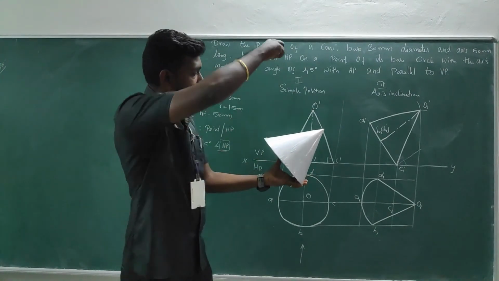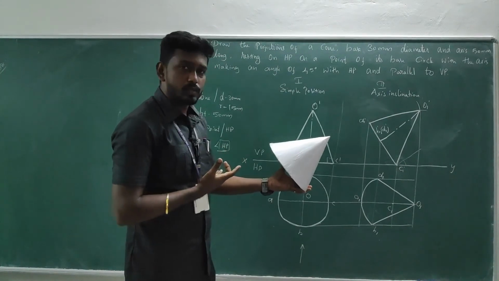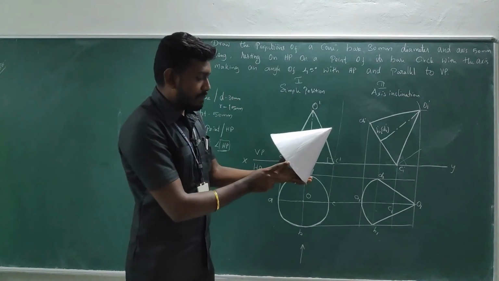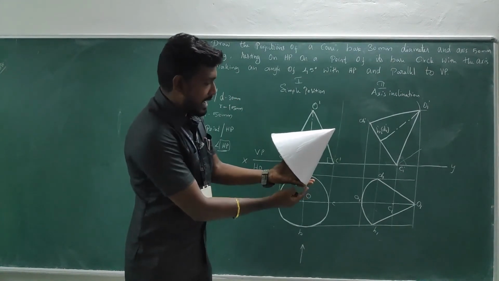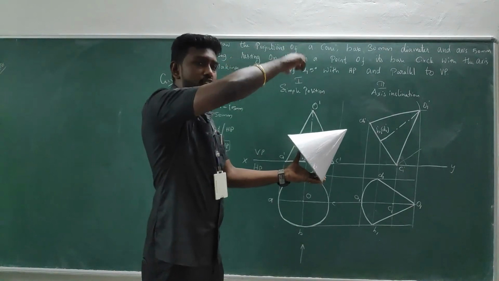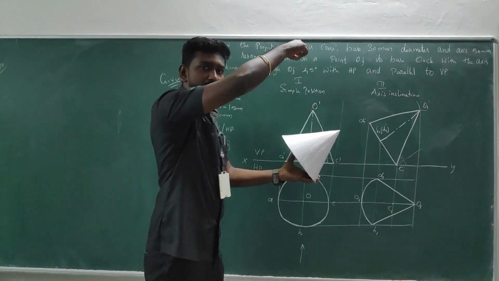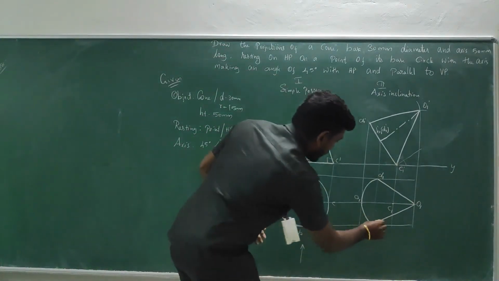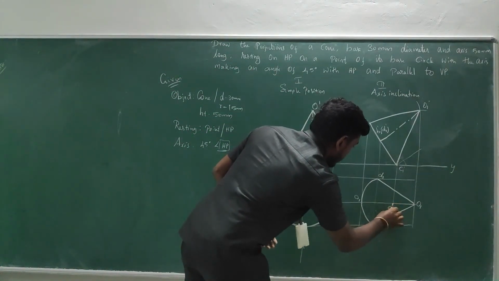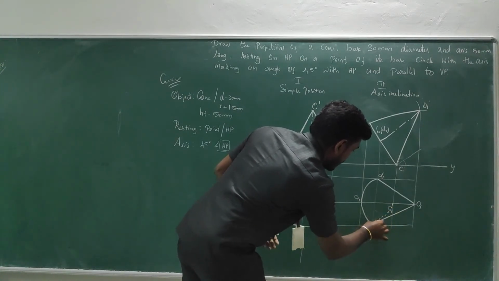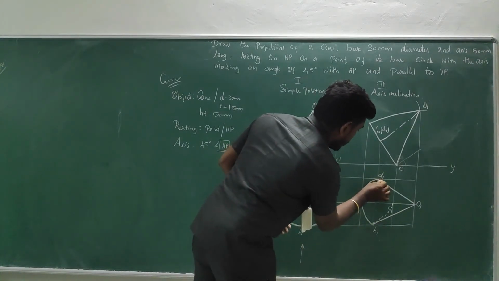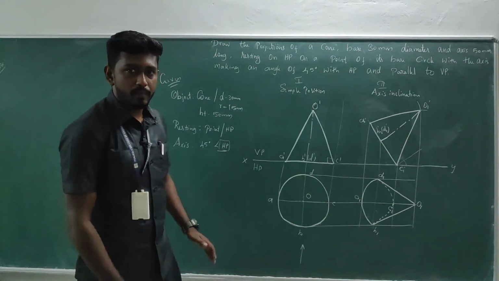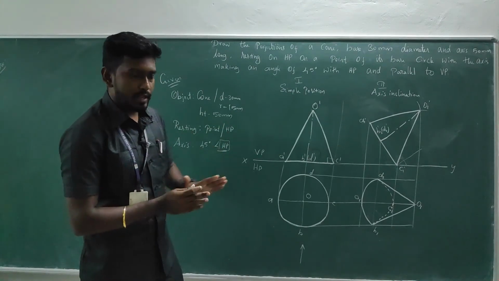When you are getting the observation from the top, what happens? A to B and A to D will be visible, and what happens to the rest? That means B to C and C to D will be lying behind from our side. We cannot get the observation when you are looking from the top. Am I right? So we need to mark B to C as a dash line. It's an invisible line, and C to D is also a dash line. We need to mark it as a dash. There are no edges, so we can stop with this.